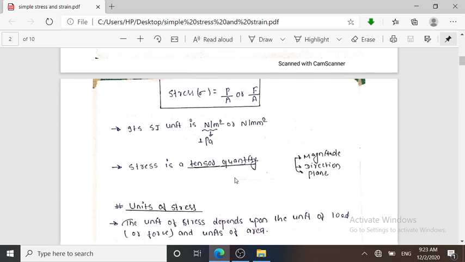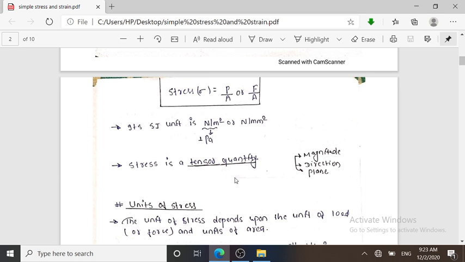So stress is denoted as sigma, and it is equal to P by A or F by A, the resisting force per unit area, not the load by area. So the units of the stress depend upon the units of the force and the unit of the cross section area. The unit of the force is Newton, sometimes kilonewtons, or the unit of the area may be a square meter, a square centimeter, a square mm. It depends upon the size of the sections. So its SI unit is Newton per meter square. It is also termed as 1 Pascal or Newton per mm square.